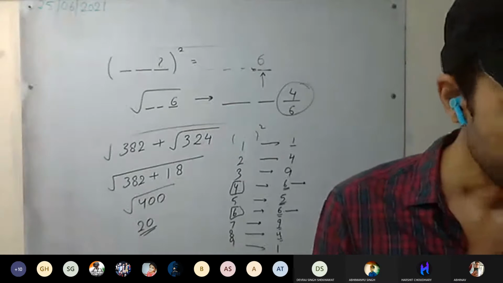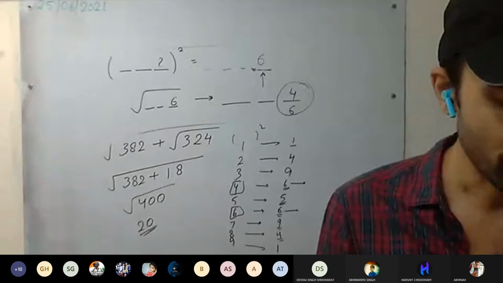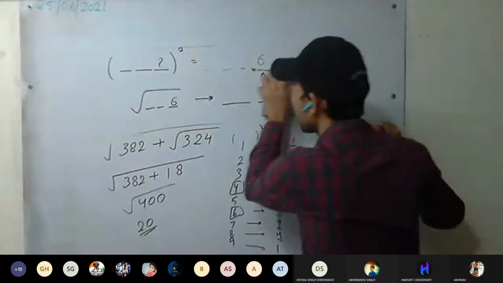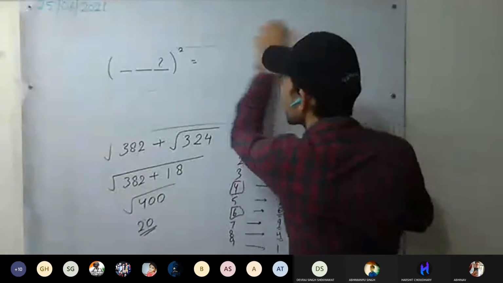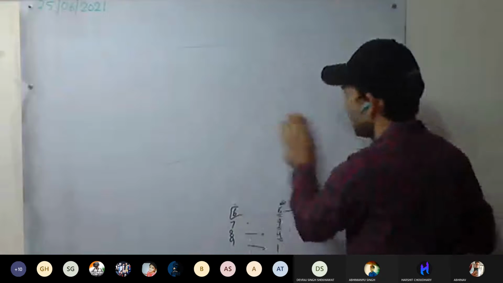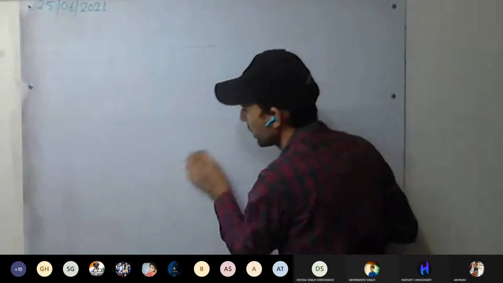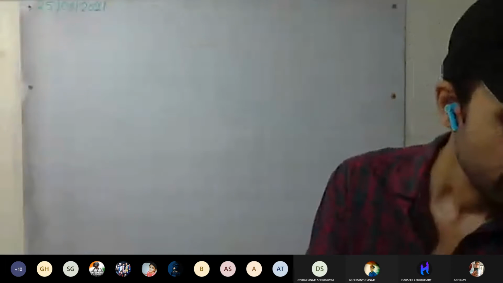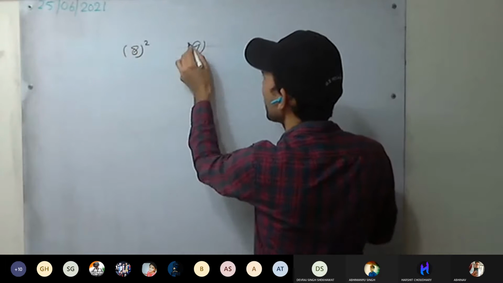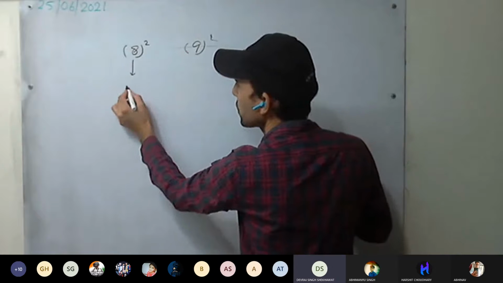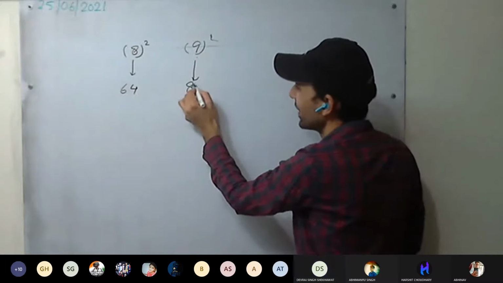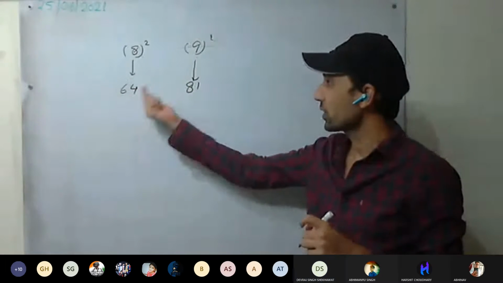Okay. There are dash natural numbers between the squares of 8 and 9. Between the squares of 8 and 9, how many natural numbers are there? How to find this? We have to find the number of natural numbers between the squares of 8 and 9. So what is the square? 9 squared is 81. 8 squared is 64. Here we have 81.